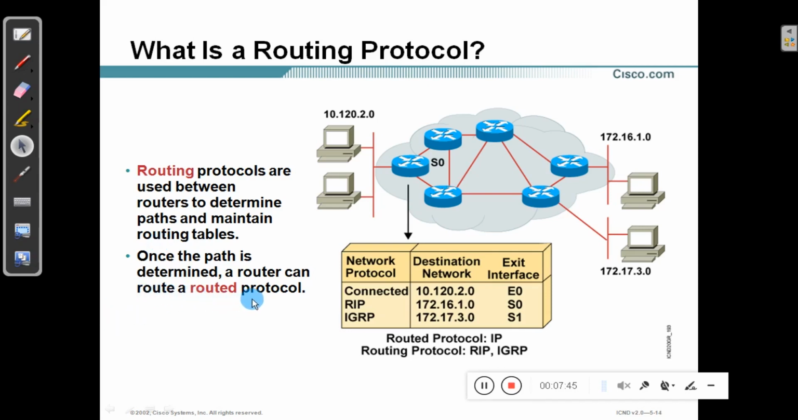Routed protocol: once the routing table is ready, a routed protocol is used to transfer the information from the source to destination by making use of that routing table. So the example for routed protocol is IP. So in the diagram you can see here for this router